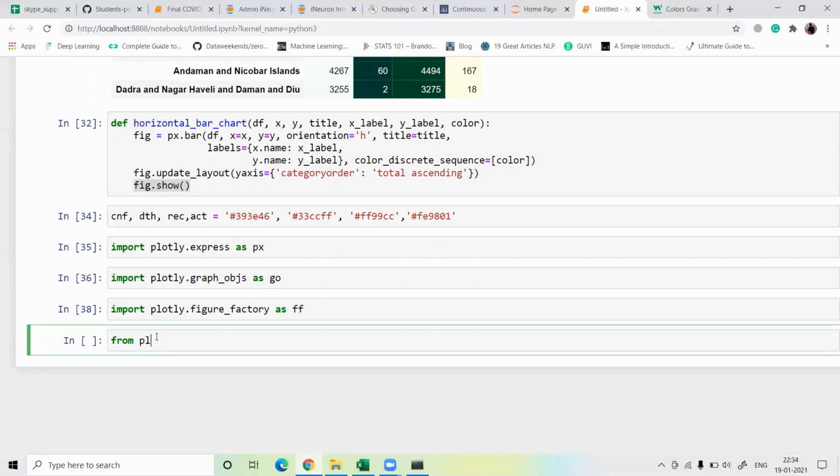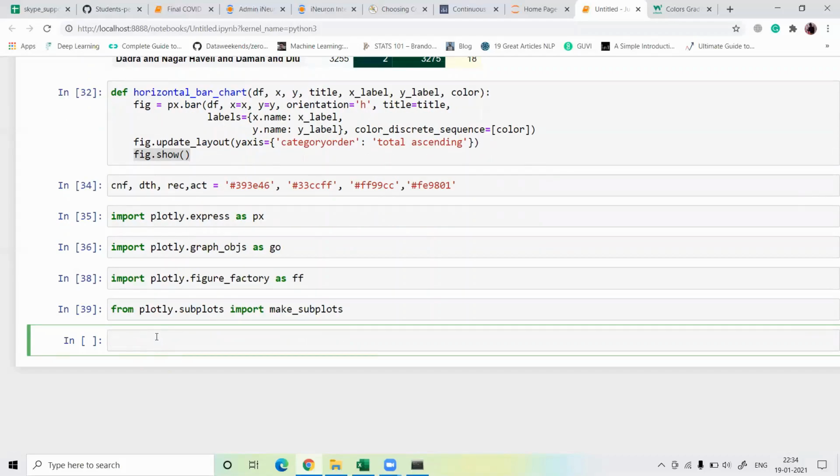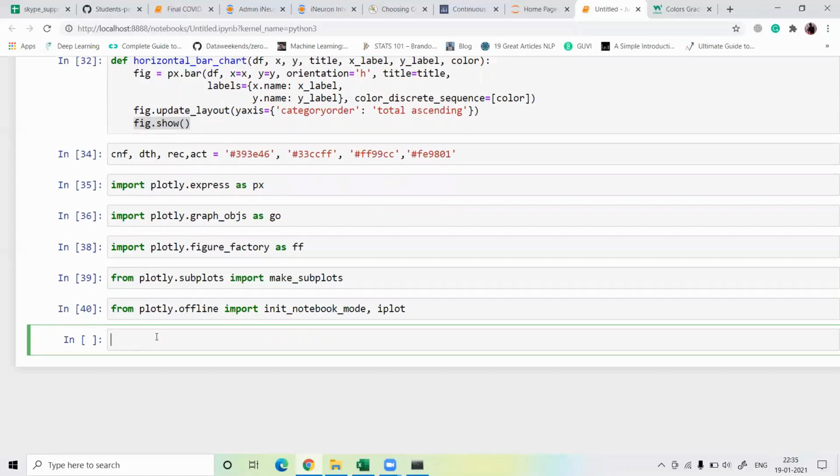Now let's import make_subplots from plotly.subplots. I just import some of the important Plotly libraries, guys. Run this cell, and after that from plotly.offline import init_notebook_mode. I just import the notebook mode, and then I plot. Run this cell. Now it's imported, guys.